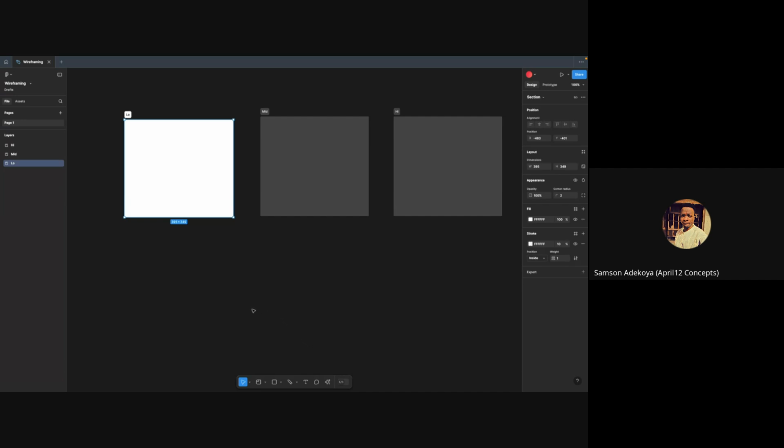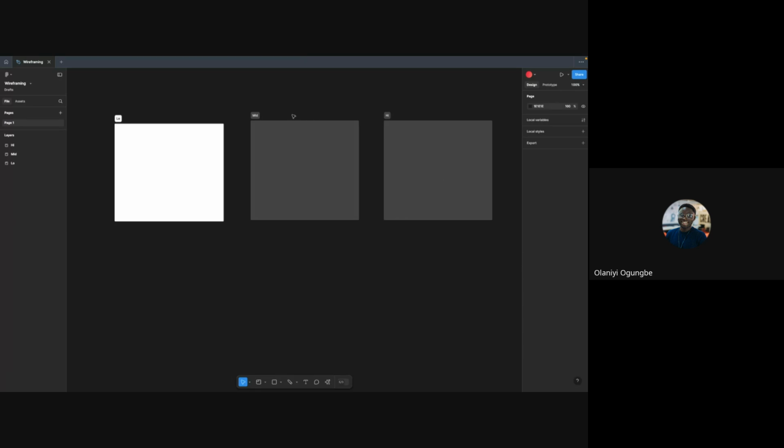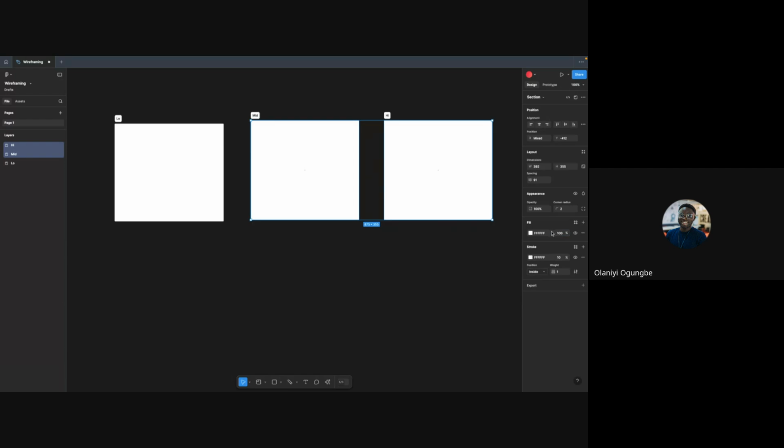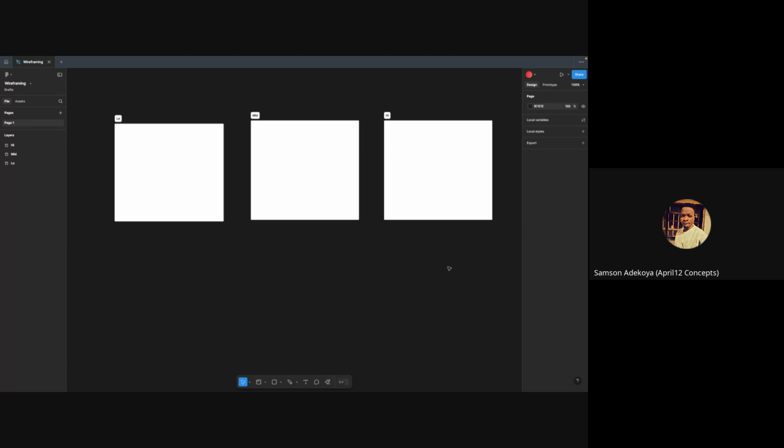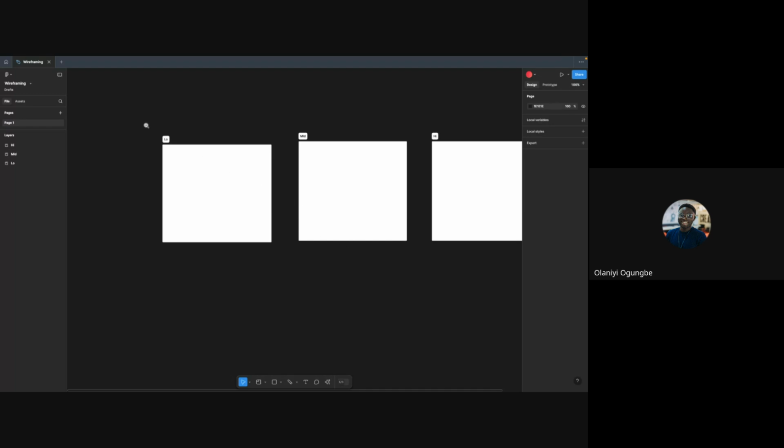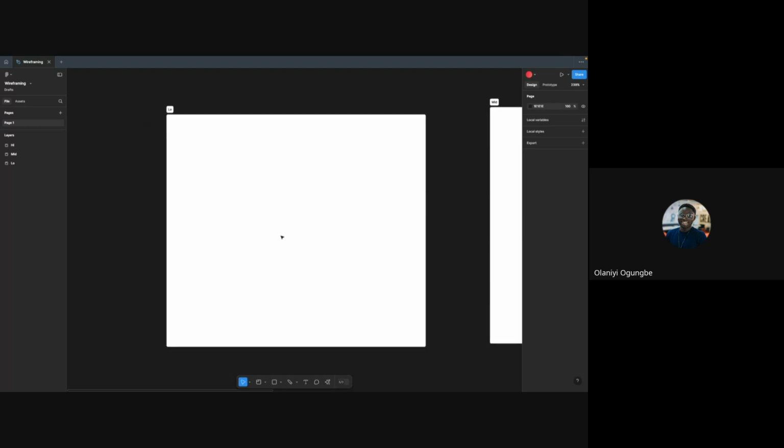Oh, I'm just going to make the sections white. Is this better? Yes, better. Okay, cool. I don't like too many light colors, it strains my eyes.